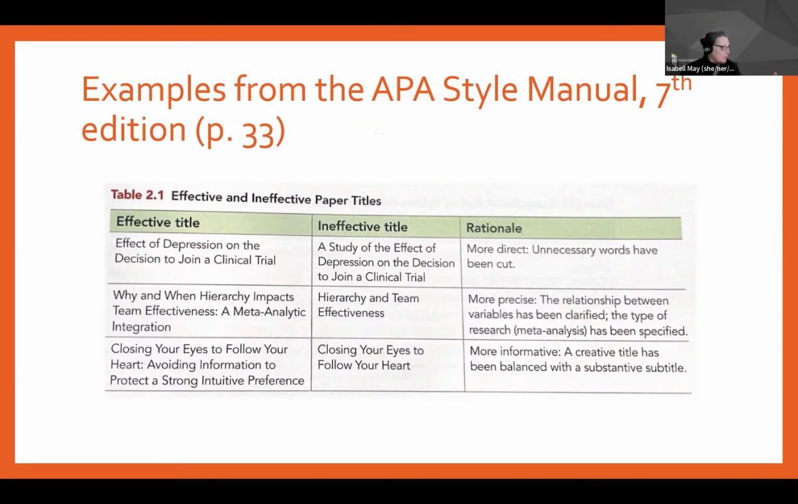And then the last one, closing your eyes to follow your heart. I'm like, is this a romance novel? What's going on here, right? It's a little bit too creative. So it gives you, just to show you, that balance between being as informative and effective as possible